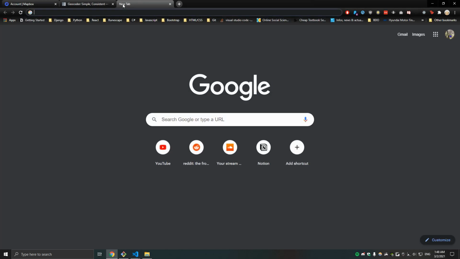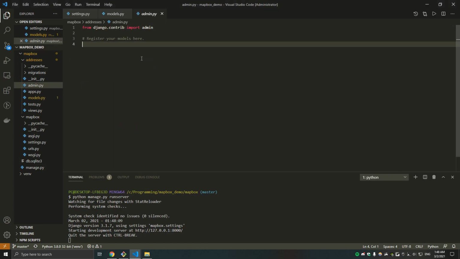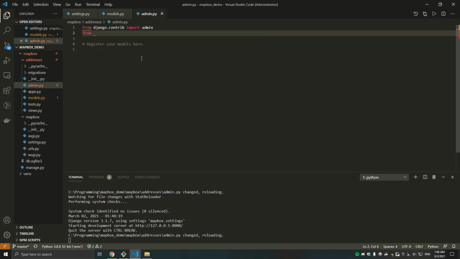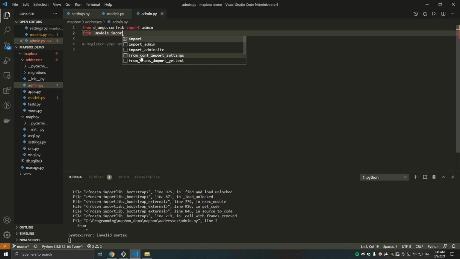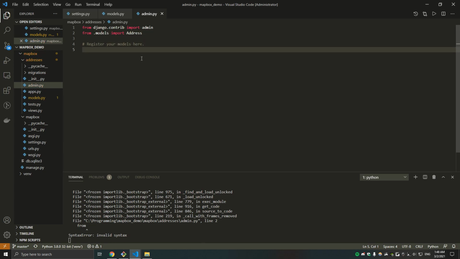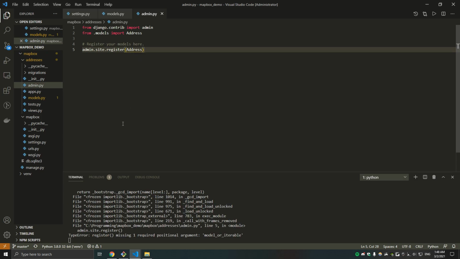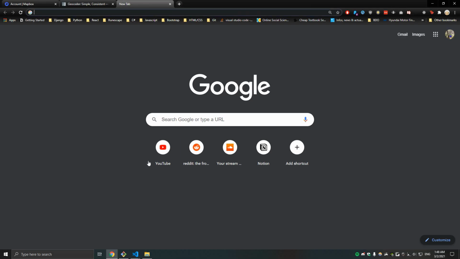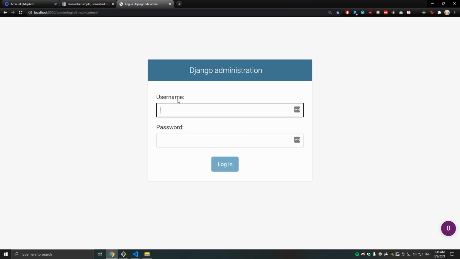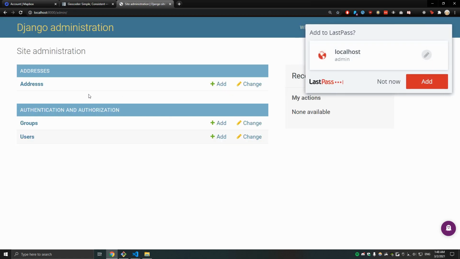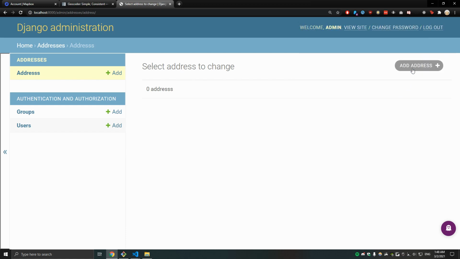And before we do anything, we need to add this to our admin so that we can see it in our admin page. And so first import the model and register it. So it'll be admin.site.register and register address. Cool. And go to our admin, login with admin, and in our addresses, let's create a